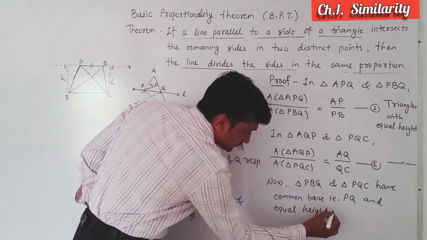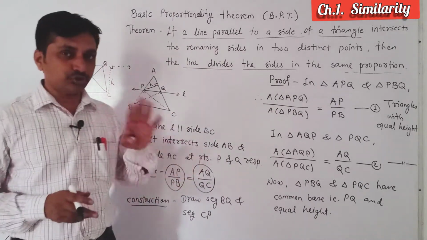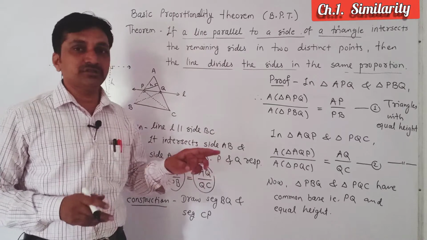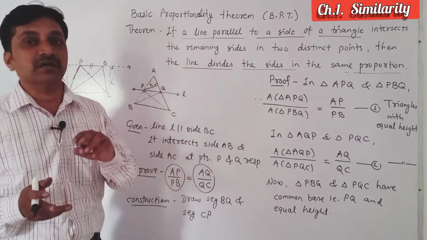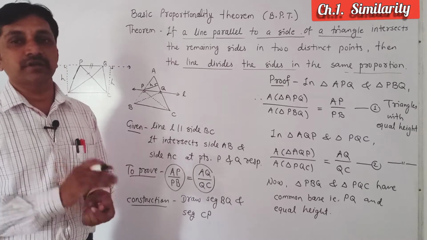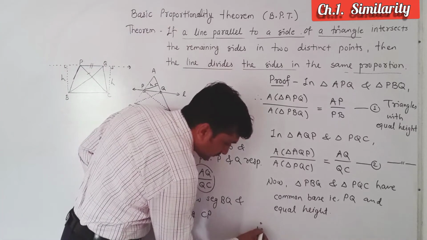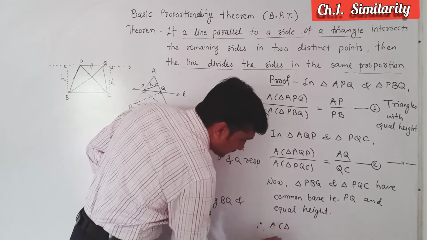and equal height. Their heights are also equal. Now you know the fourth property: triangles with equal base and height. If two triangles have equal base and height, then what about their areas? Their areas are equal. Their areas are the same. Therefore we can write here area of triangle